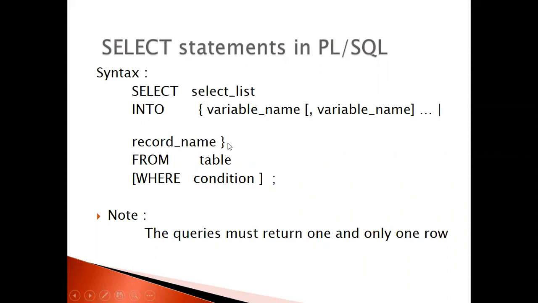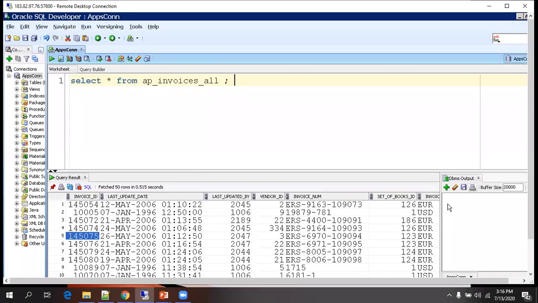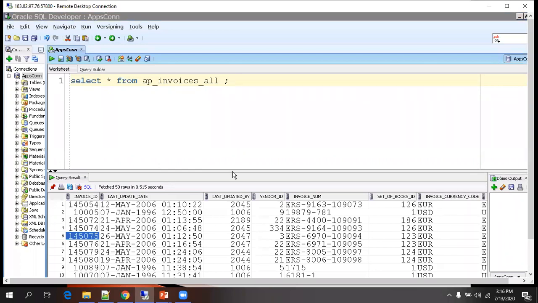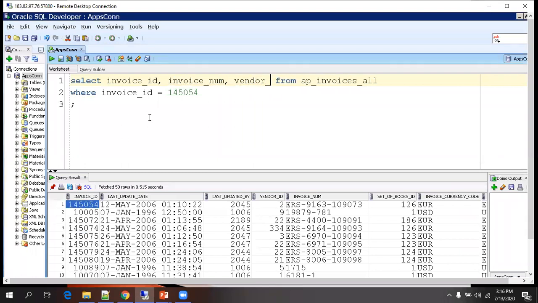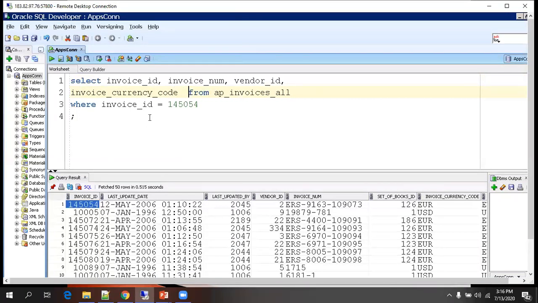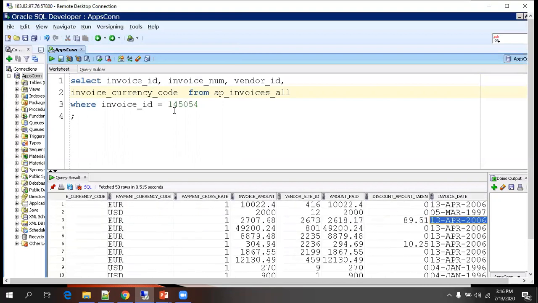Let us see one sample which retrieves a set of columns for a given invoice ID. Assume the invoice ID is this value, and I want to retrieve four or five columns: invoice ID, invoice number, vendor ID, invoice currency code, and invoice amount.